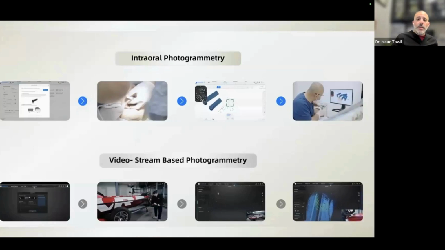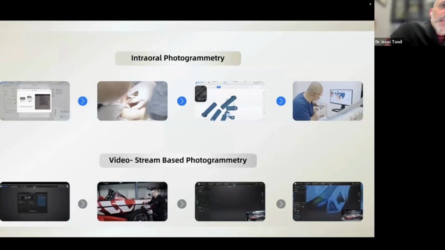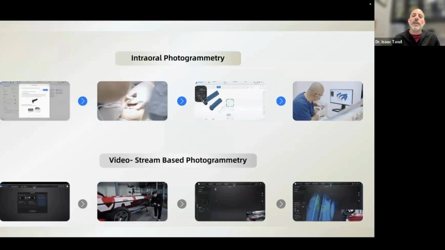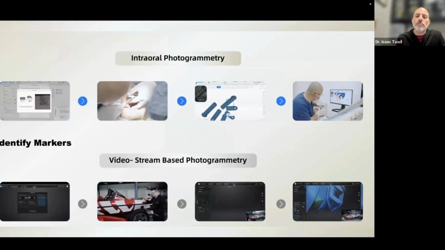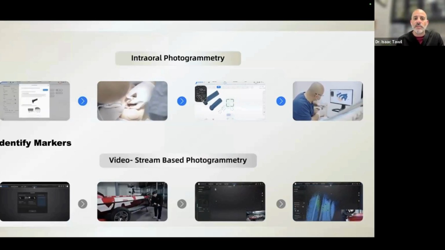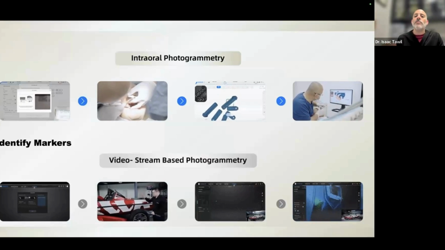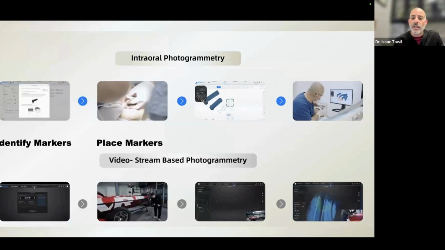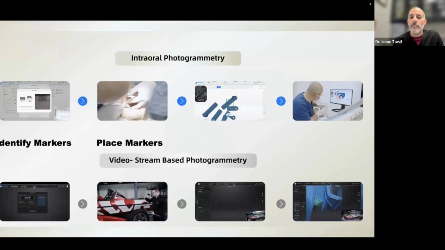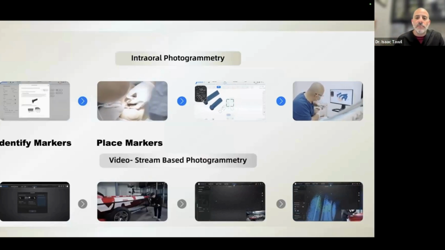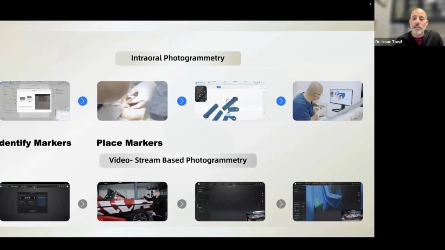So that's the basic idea behind it. And what we can do now when we have these cameras, so it is true photogrammetry, we can identify the markers. We can say, hey, I only want you to scan these markers when I'm using the photogrammetry portion of this software. I want you now to place those markers, and whether it's in the industrial sector, as you see down at the bottom, or in dentistry, where we're installing them in the mouth on top, we can capture boats, planes, objects. It makes no difference. It's the same ideology and same technology.